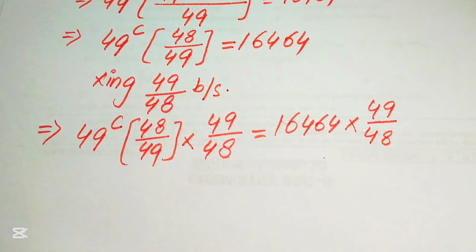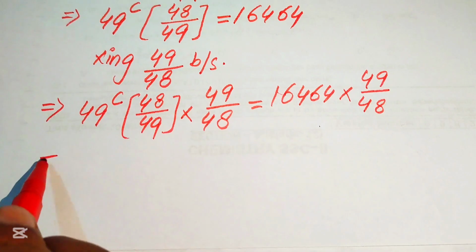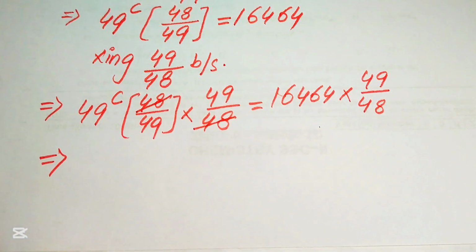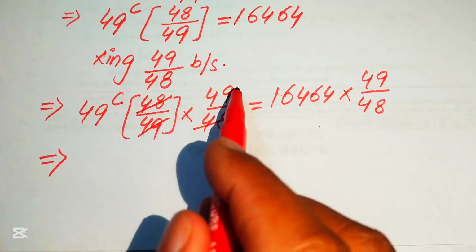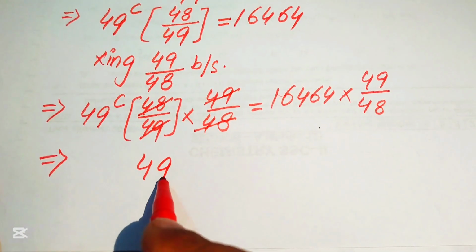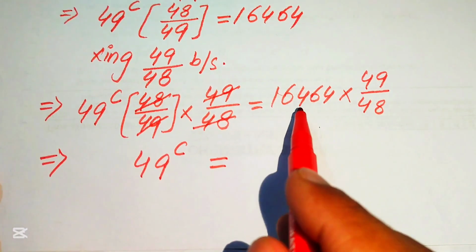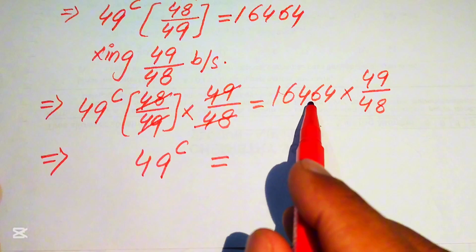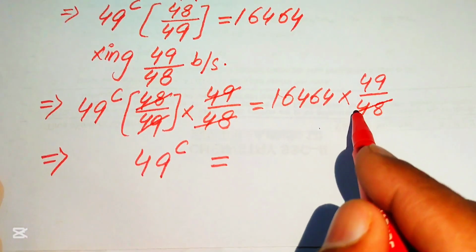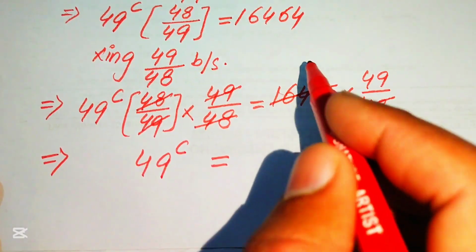Okay, so after multiplication on both of the sides by 49 over 48, here we need some simplification. You see here this 48 is cancelled out by this 48, and this 49 is cancelled out by this 49, and we will obtain on the left hand side 49 to the power of c equals to, here when you divide 16,464 by 48, so after division of this number by 48, you will get here